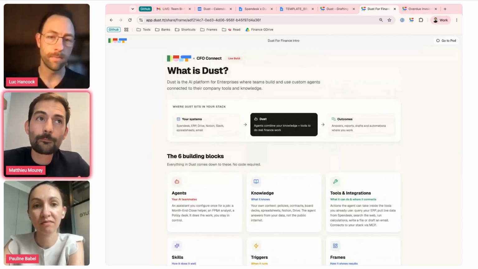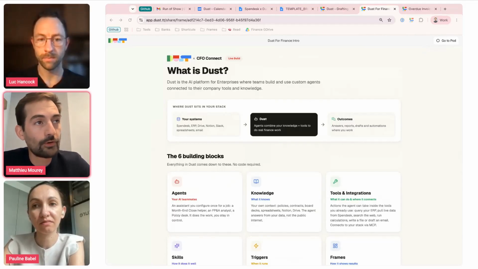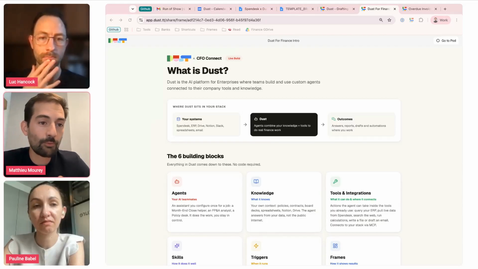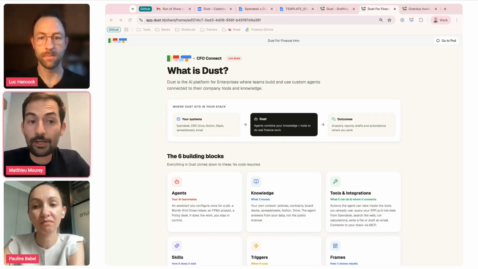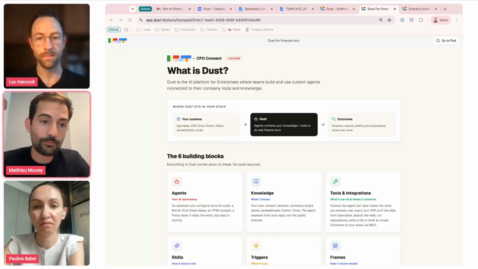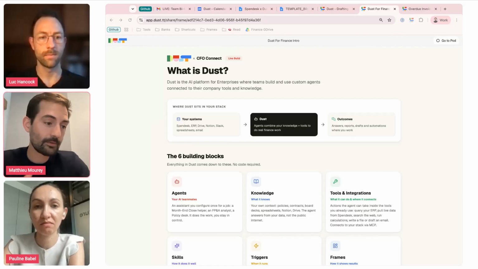Yeah, one of the interesting things Dust does, especially for finance, is that it gives you an enterprise AI layer where you don't have to choose a lab. Pretty much all the AI models are available on Dust, from Anthropic, Gemini to ChatGPT, and Mistral, of course.